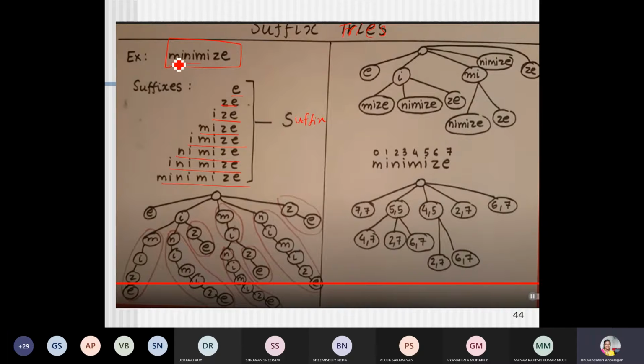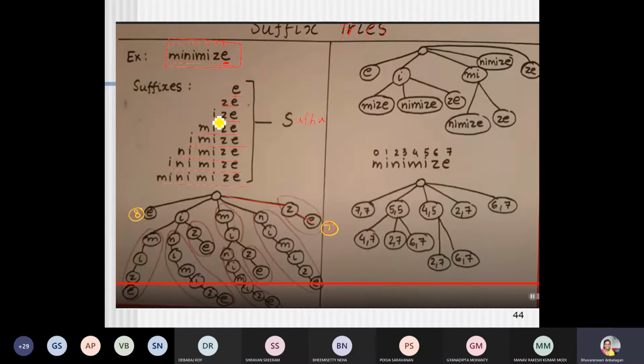This is going to be 1, 2, 3, 4, 5, 6, 7, 8. Initially for E, you build the tree. So this is going to be for the keyword 8. Then EZE. So this is going to be for the keyword 7, for the pattern that matches from 7. The next thing, this is going to be 8. This is going to be 7.